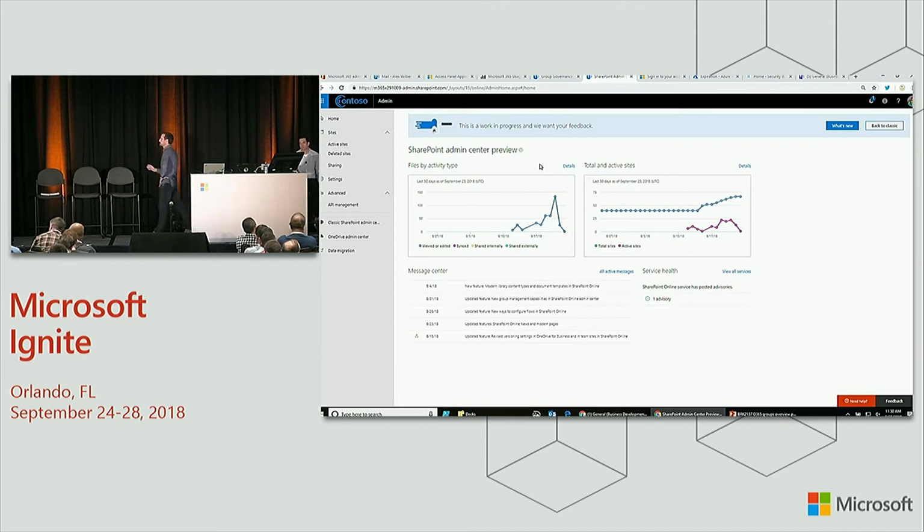In case you've never seen it, you definitely need to try this. And again, the pain point we're trying to solve is, as groups are getting created, with the old admin centers, you were flying blind. You could not see those modern site collections tied to groups. It was just not listed.